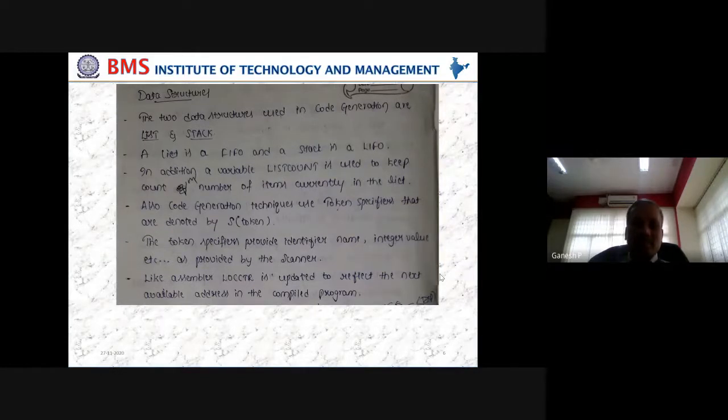These are the two data structures we'll be using, like the symbol table and op table we used in the assemblers. In addition, like the location counter, we also require a particular variable here, which is a list count. This list count keeps track of how many items are in the list, or how many items are in the stack, the stack pointers and things like that. It is just a variable. Like the LOC CTR in the assembler, this value will be kept updated as items are added to or removed from the list.